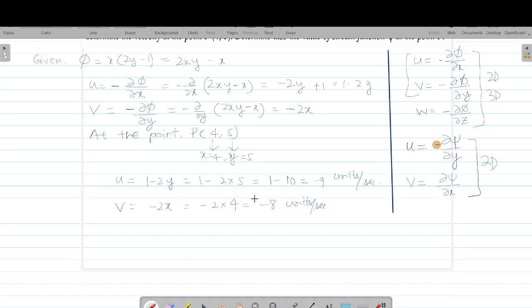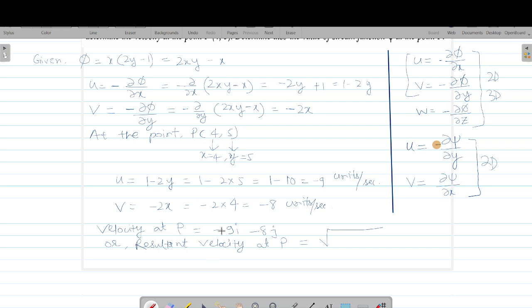So what we can do now is we can see that velocity at P is equal to negative 9i negative 8j, as i is the unit vector along the x direction and j is the unit vector along the y direction. So now you can say that the resultant velocity at P will become equal to